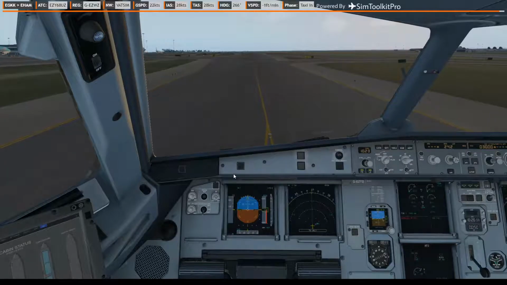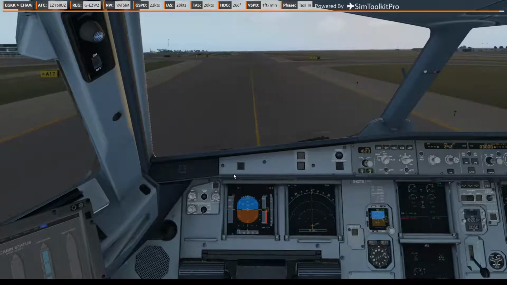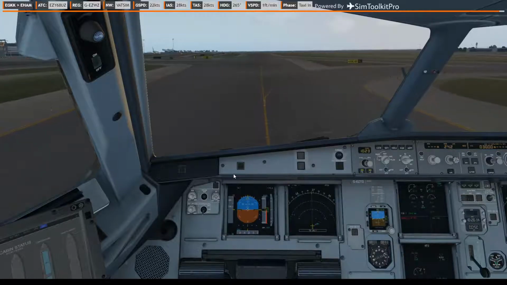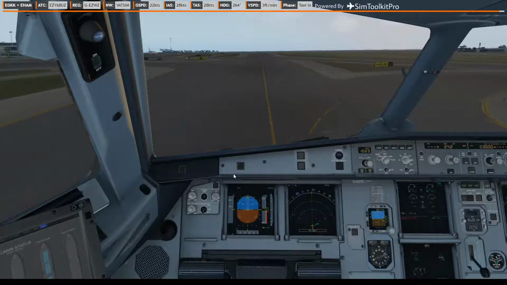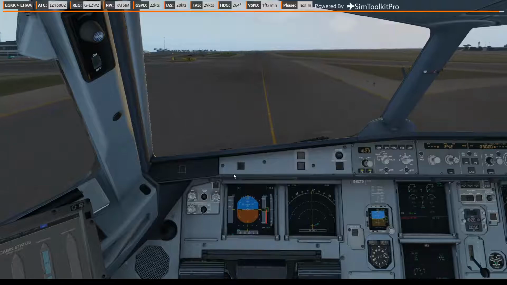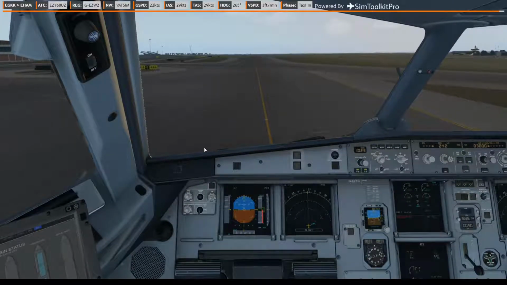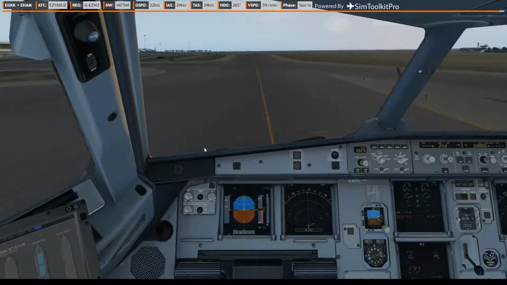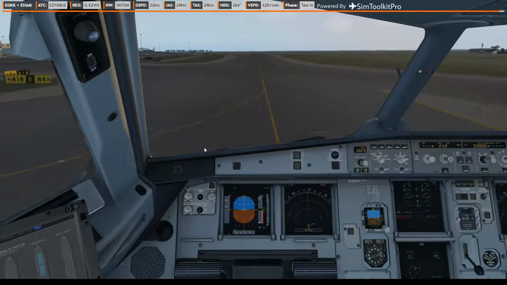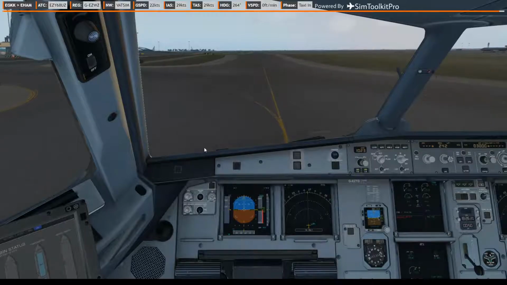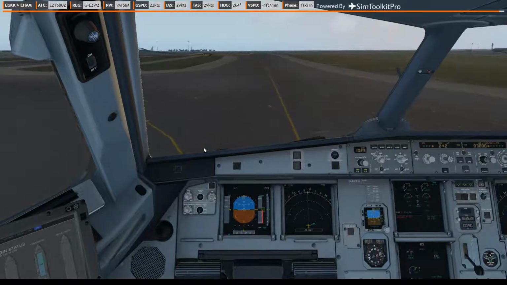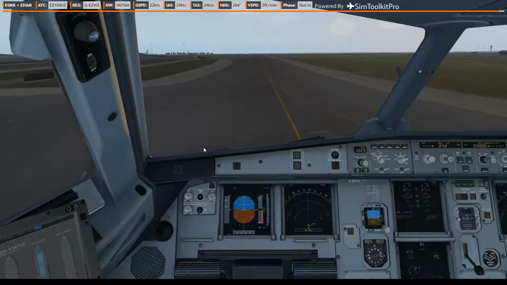Duty 297, monitor 121.7. I think I got given stand Hotel 4. Monitor 121.7. The baby brain sometimes, after I land. So hotel apron is the next left. Ground, Easy